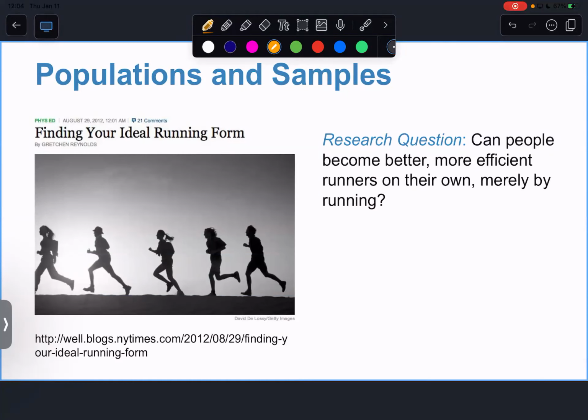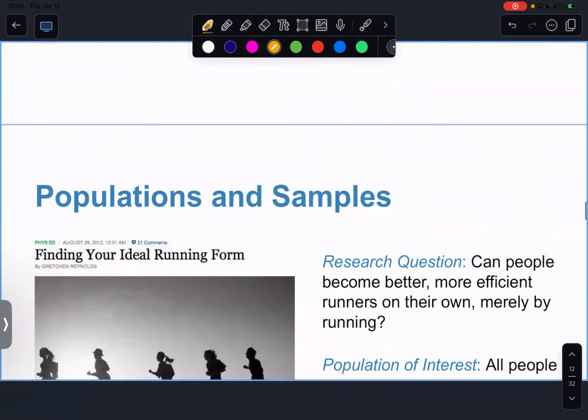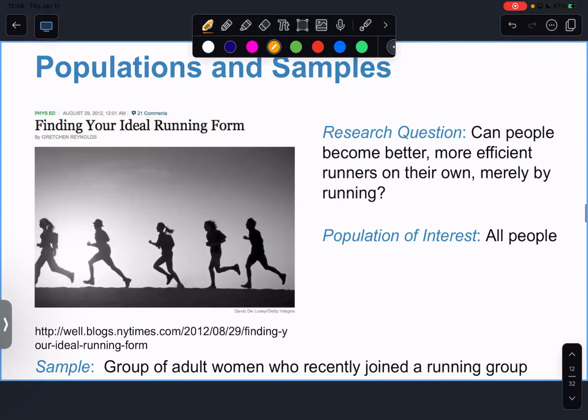I want to potentially skip this one because I blab too much. Okay, fine, I won't. But just briefly,